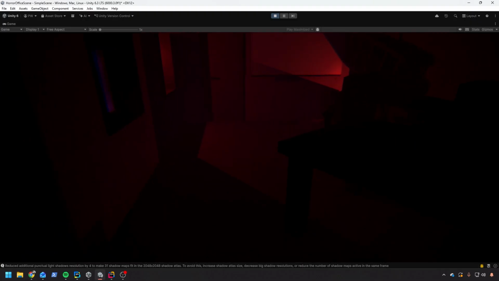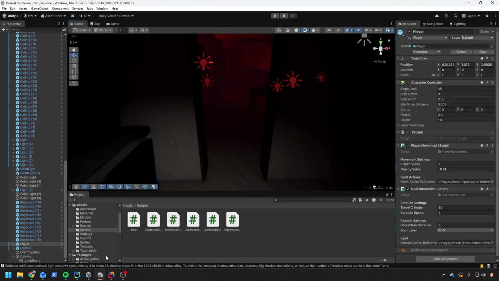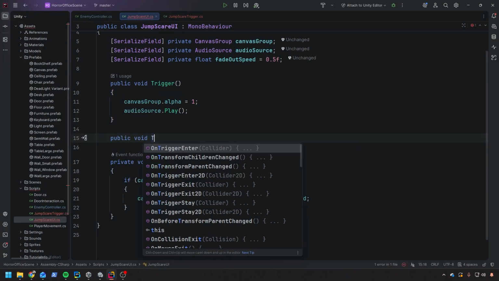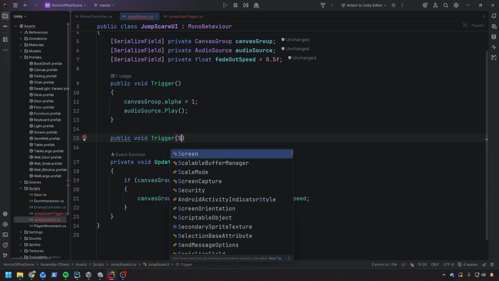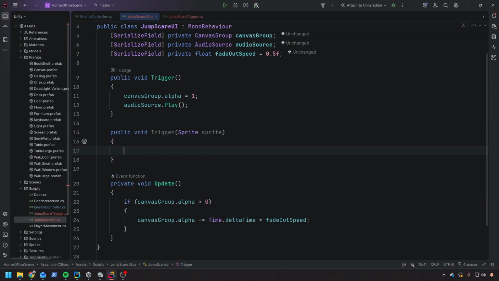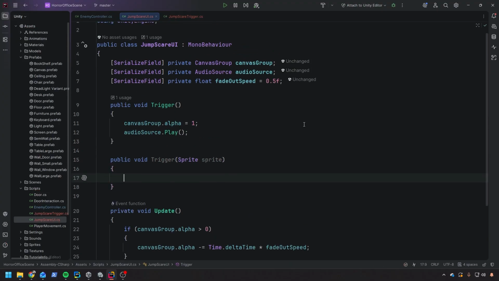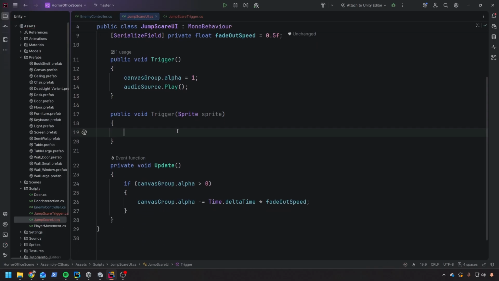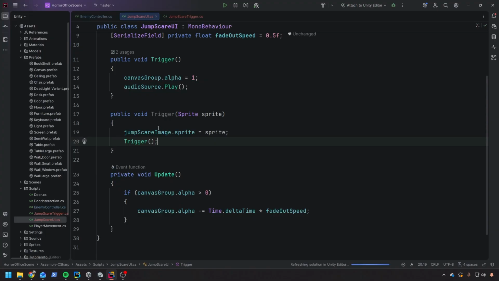Now let's check how to add multiple jumpscares, each with its own sprite. First, in our Jumpscare UI we need a new method. It will have exactly the same name, however it will accept a parameter of type sprite. Because we'll want to modify the sprite on the image, we need a serialized field for it. Then inside of our new method we simply assign the sprite to the image and then call our old trigger